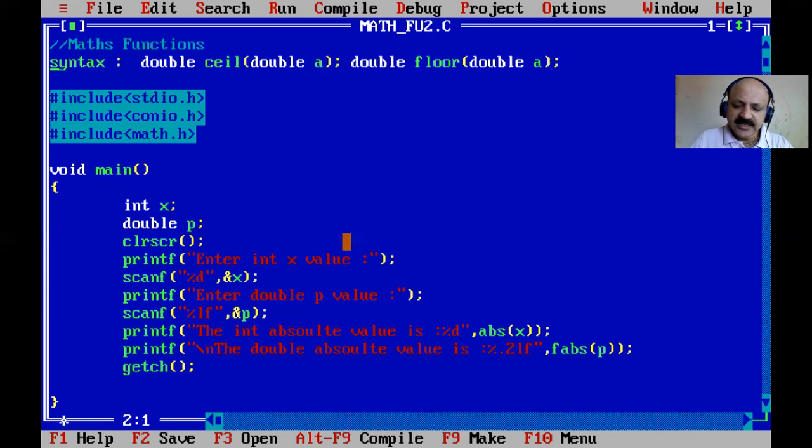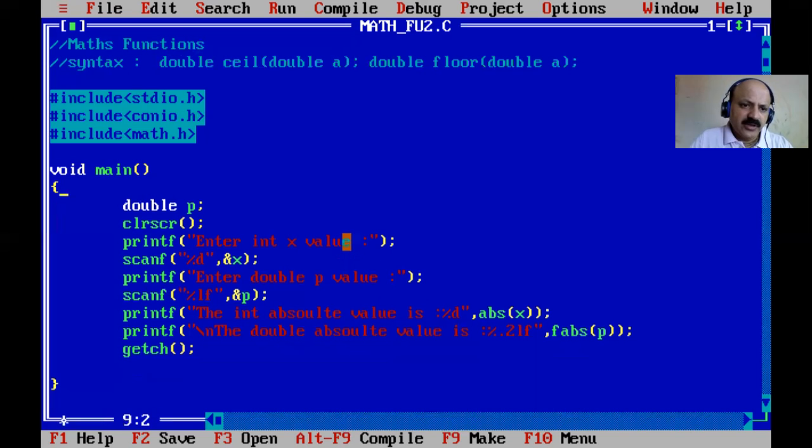So that is the syntax I write in a comment line. Yes, now comment, and here we cannot take an integer value. Okay, so here I take x and floor, and only one variable is required, and here I just use double. Sometimes what happens, if we use all mathematical functions in one file, one function disturbs the other output, so we can take a separate file, that is my goal.